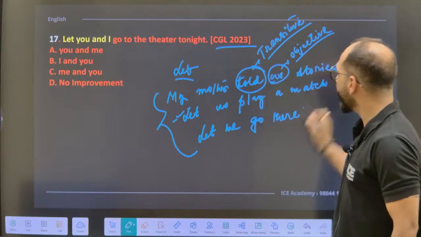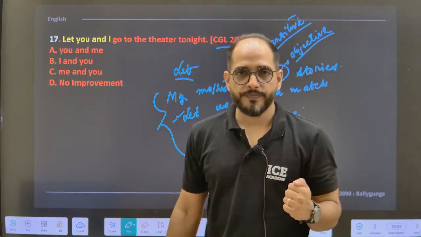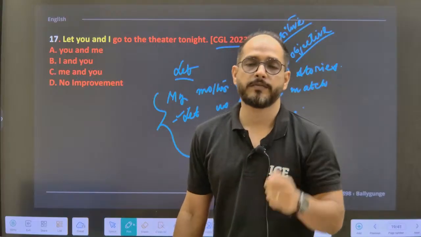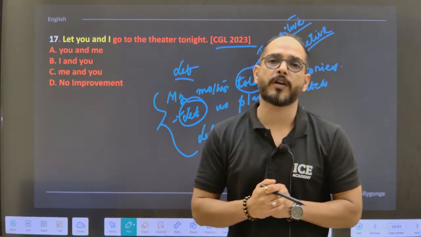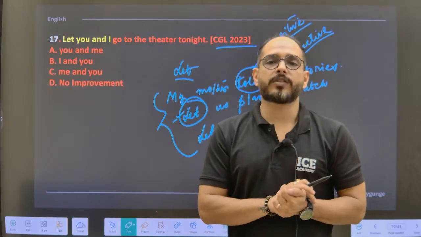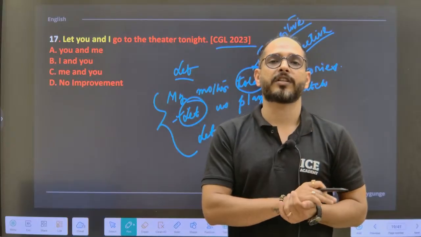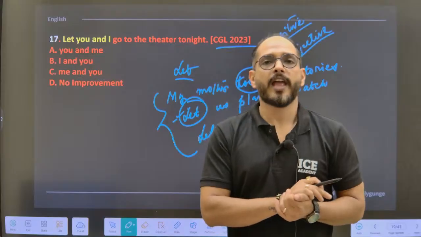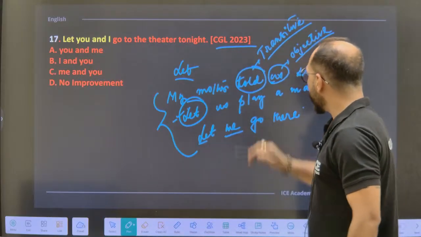Yeah. Now look at second sentence. Let us play a match. আচ্ছা আমাকে বলো তো কখনো আমরা বলি let we play a match? বলি কখনো? We never say that. Why? Because let is also a transitive verb. Letটাও কিন্তু একটা transitive verb. And that's why always an objective case pronoun is used after let. Let এর পরে আমরা সব সময় একটা objective case pronoun ইউজ করে থাকি।